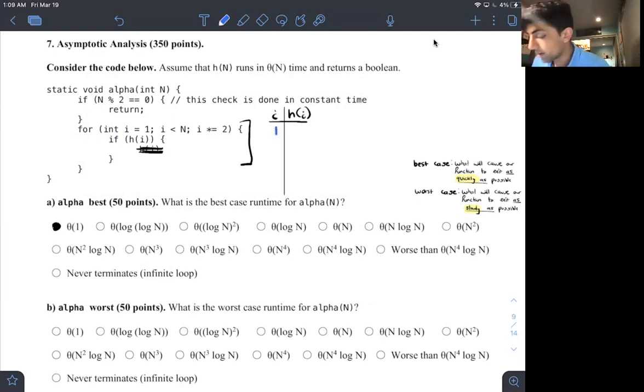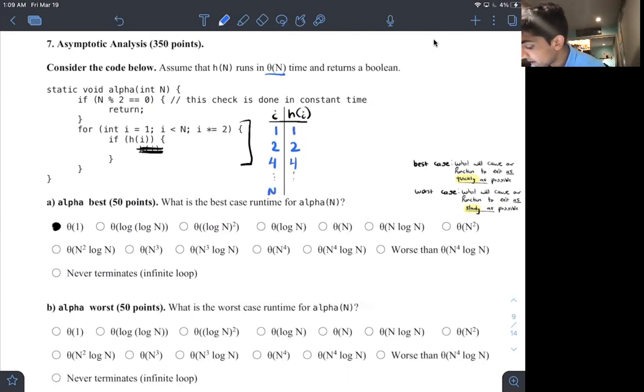When i is equal to 1, we call h of 1. h of 1 runs in linear time, so h of 1 will take 1 time. When i is equal to 2, we call h of 2. h is linear, so this is 2 time. When i is equal to 4, we call h of 4. This takes 4 time, so we have the following table,